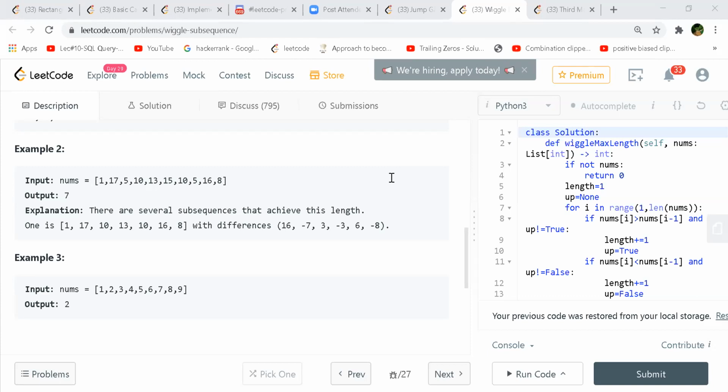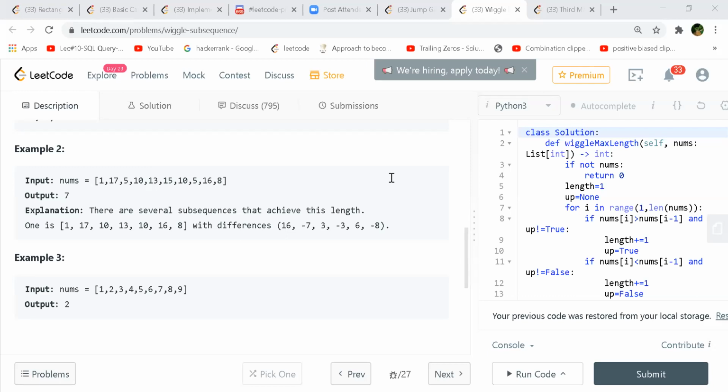So we could do it a DFS way, right? In the DFS, we always start initially with the zeroth index, and then we assume that I'm starting with an increasing flag, or maybe I'm going up, for the first one, and then keep on doing the DFS and find out how much I'm able to achieve.